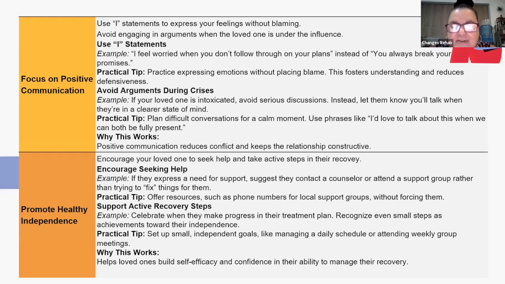So if you're finding yourself doing that, and even if they're not intoxicated, maybe they're in treatment and you phone and you're saying, how's the program going? And they say, fine. But what are you doing? How many groups do you have? How's the food? Those are also signs of codependency. And I think, Cheryl, it's so symptomatic of